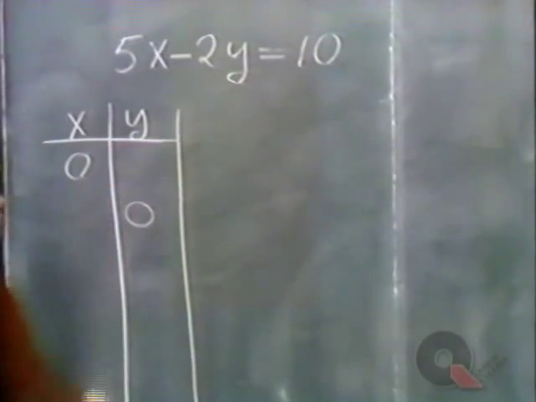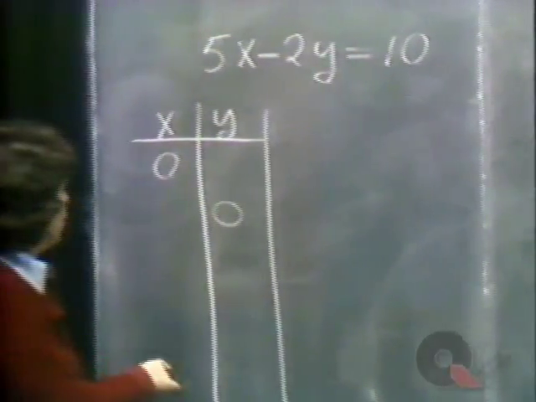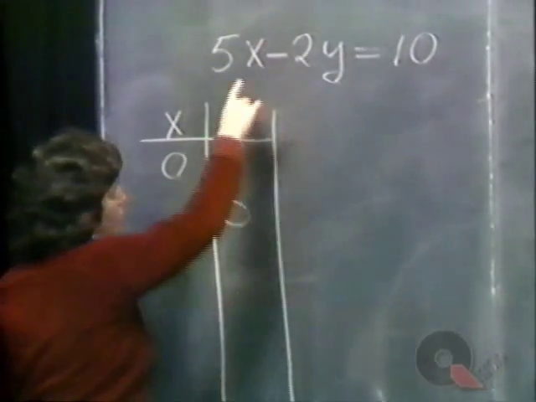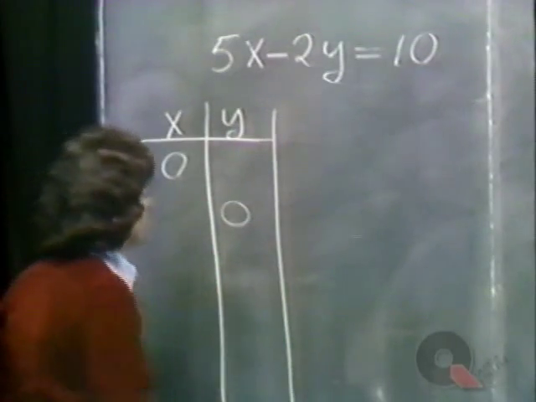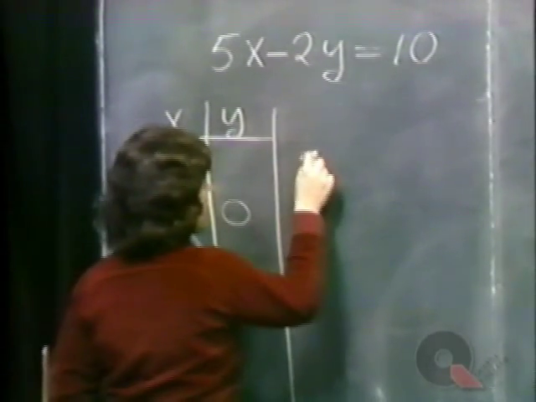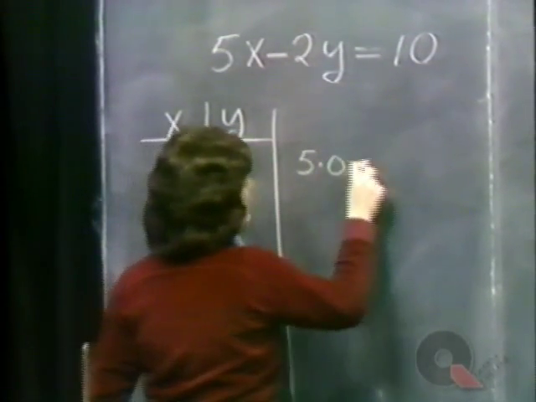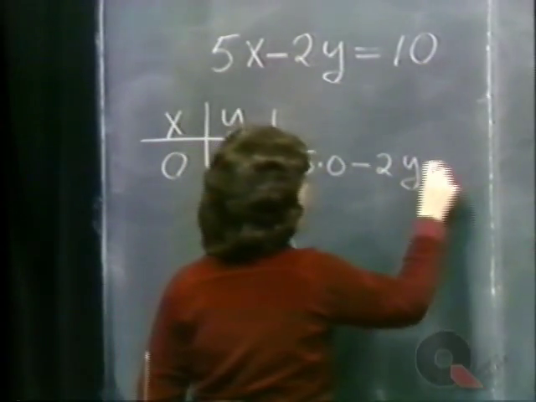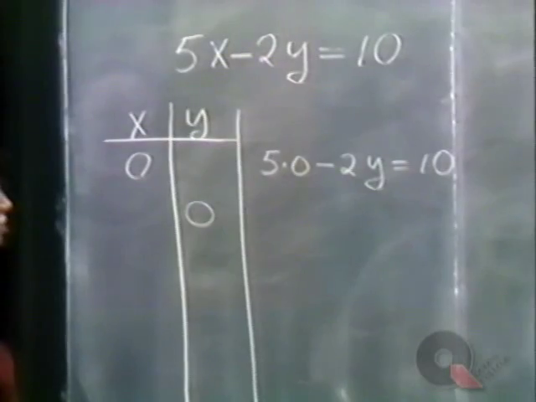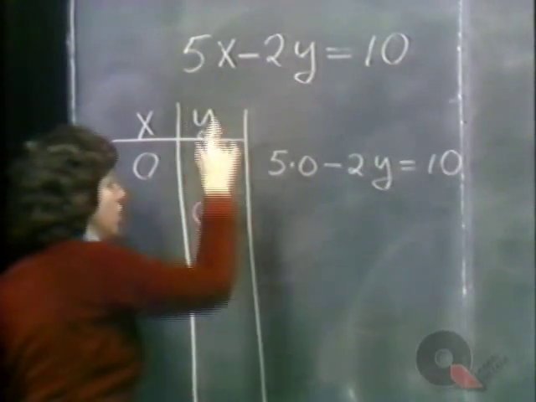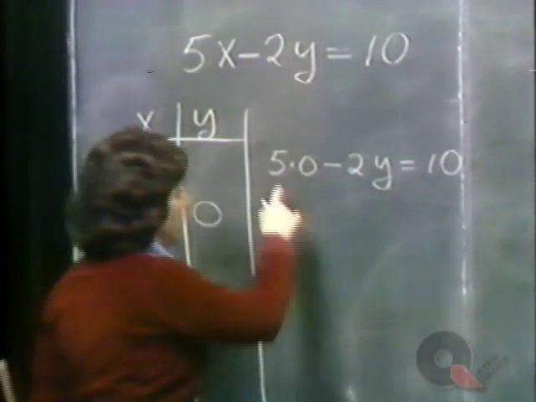We would like to know what goes here when x is equal to 0. In other words, find the y value so that x equals 0 and y equals that number make this a true statement. And the way to do it is to substitute into the equation x equals 0, so you get 5 times 0 minus 2 times y equals 10. x equals 0, and we want to solve for y. So we actually let x equal 0, and we solve